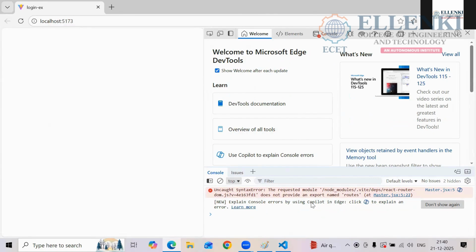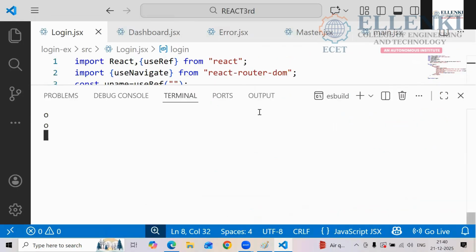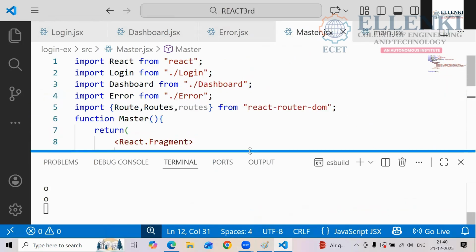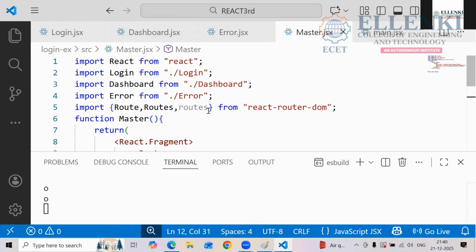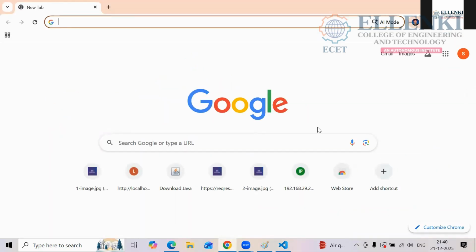The request module node_modules something master.jsx. master.jsx. We will check one more time.